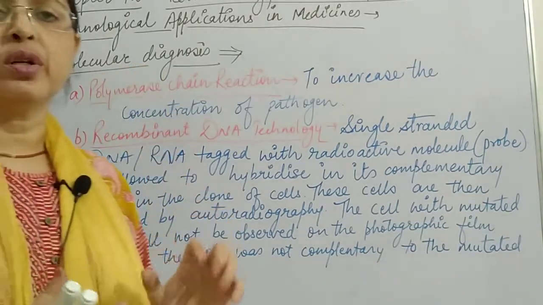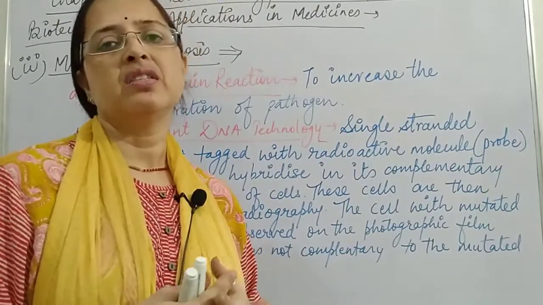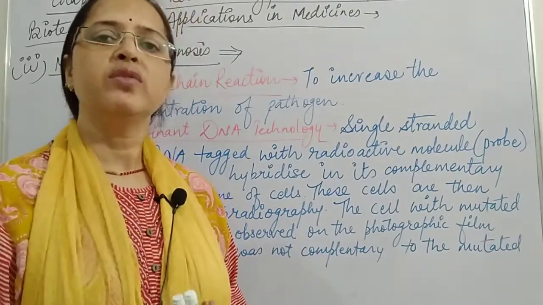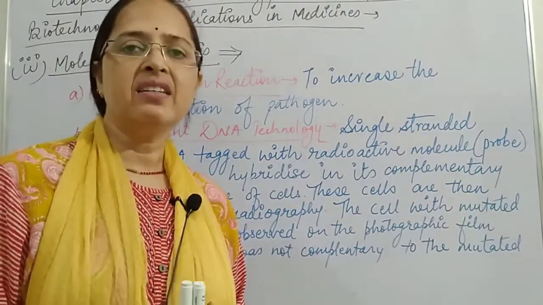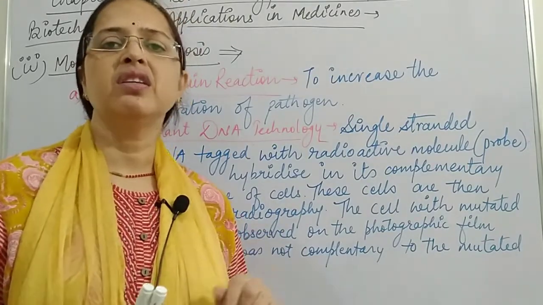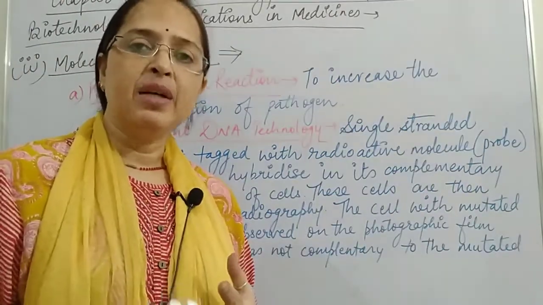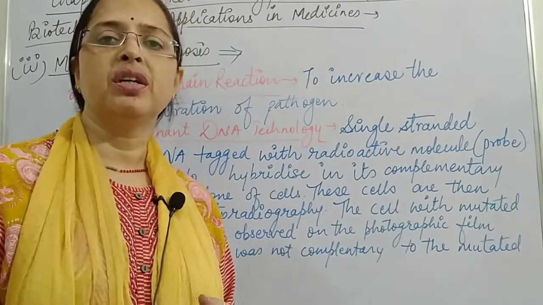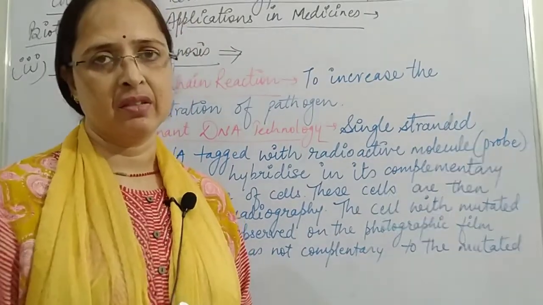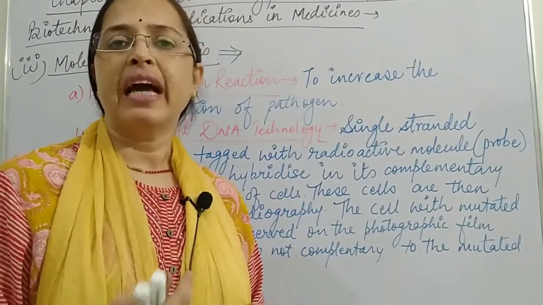How can we diagnose a disease? When a person is suffering from any disease, the doctor suggests a blood test or a urine test. The doctor, or the lab technician, takes a very small amount of blood from the body. Then that blood is sent to the laboratory where the blood or urine sample is diagnosed. So what are the different methods or techniques adopted to diagnose a disease?